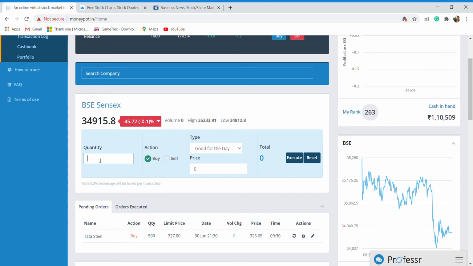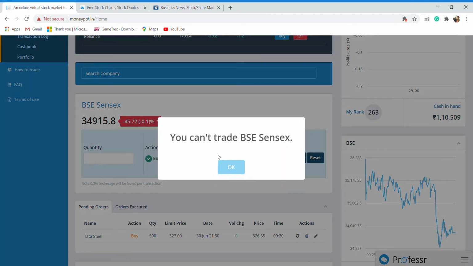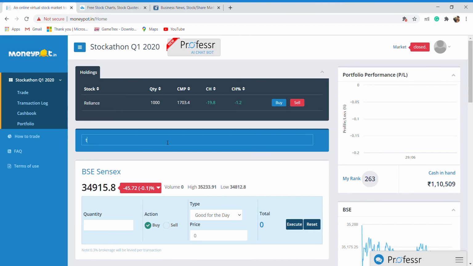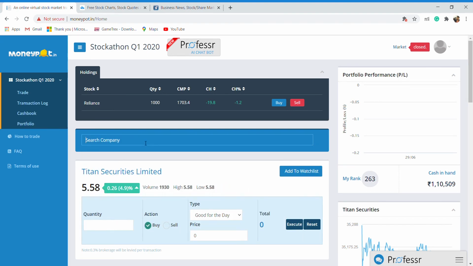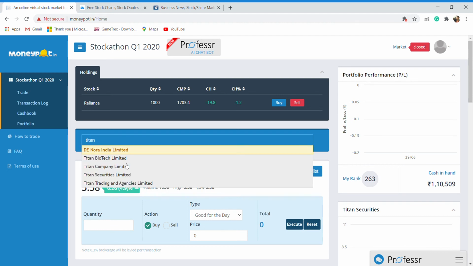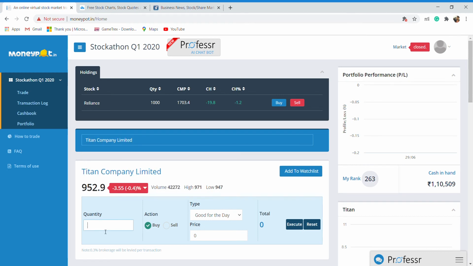So you need to check. Now you are going to spend 47,000 for the selling action.